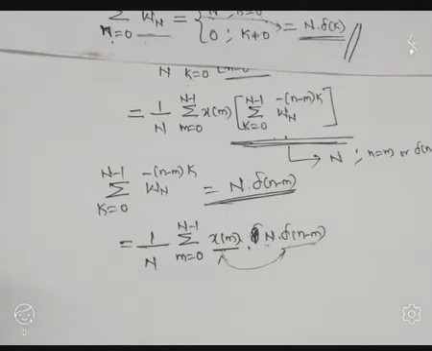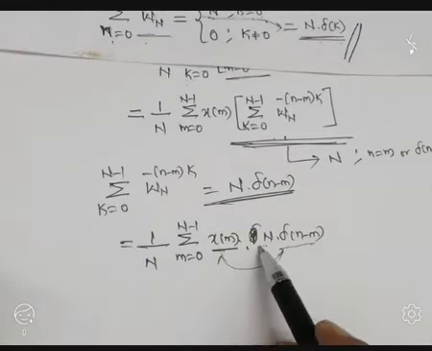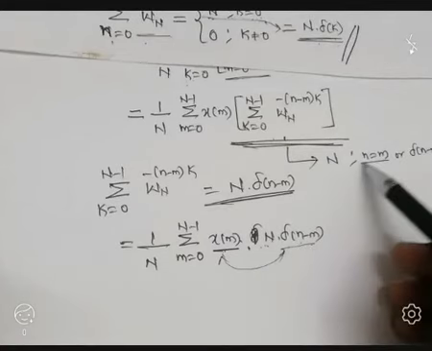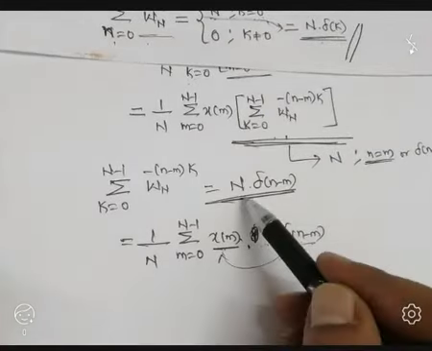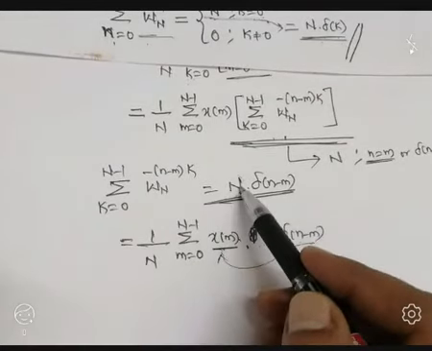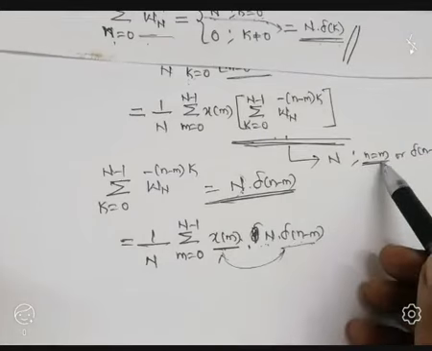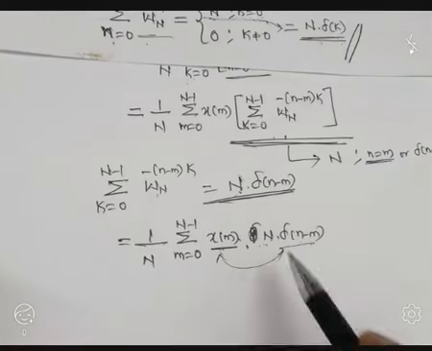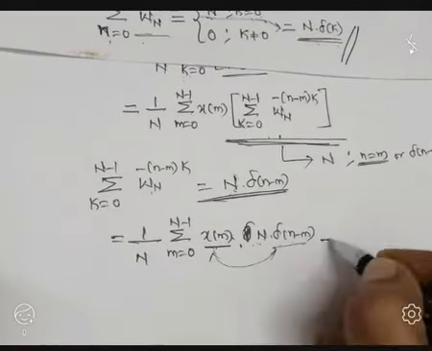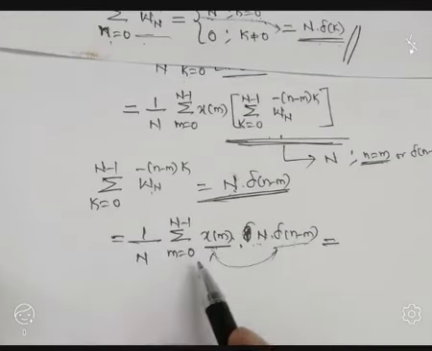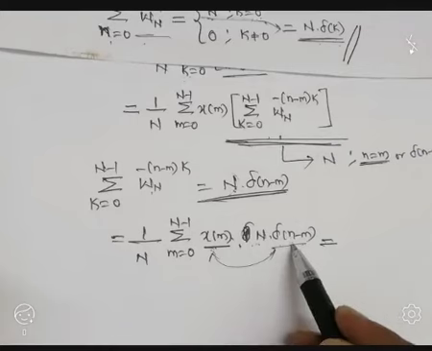As per the properties of the impulse function, the multiplication result exists only where n equal to m. It exists where n into delta of n minus m. It means we are getting the answer n only where n equal to m. For other cases, the answer is 0. Hence this step we can write. Instead of calculating for m equal to 0 to n minus 1, it is present only where n equal to m, or m equal to n.